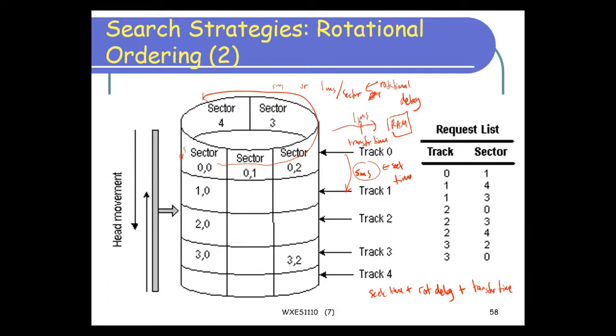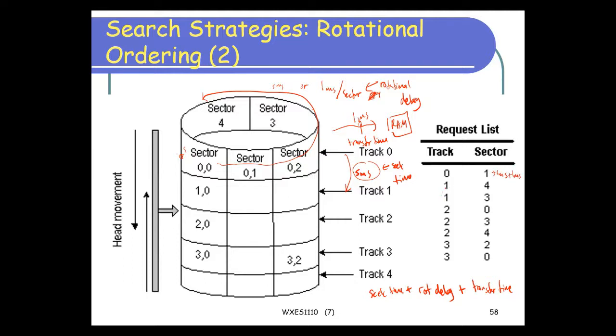When we say rotational delay, let's say it starts from track 0, sector 0, then I move to sector 1. So moving to sector 1, the seek time is 0 because we are on the same track, and then the rotational delay is 1 millisecond, and then the transfer time is 1 millisecond. So you solve this one,